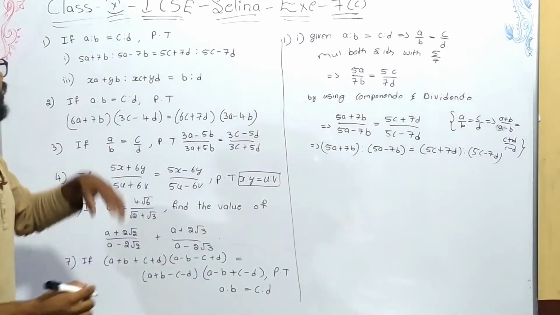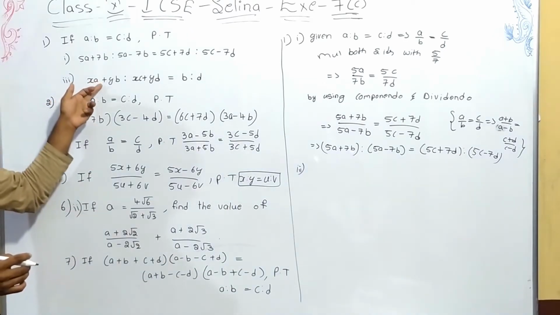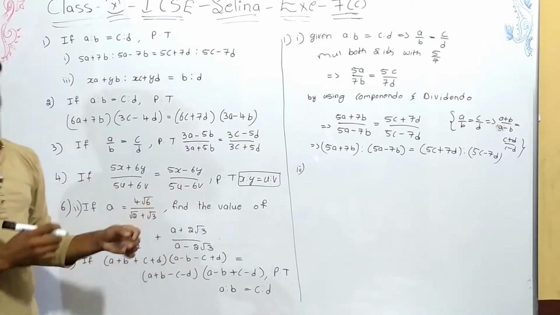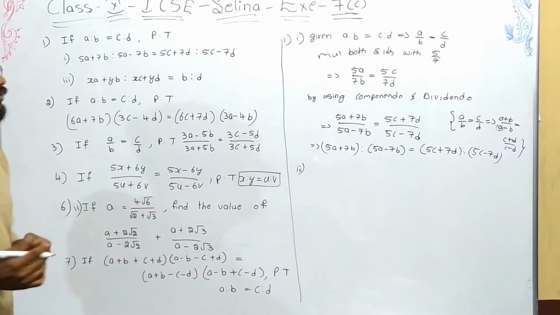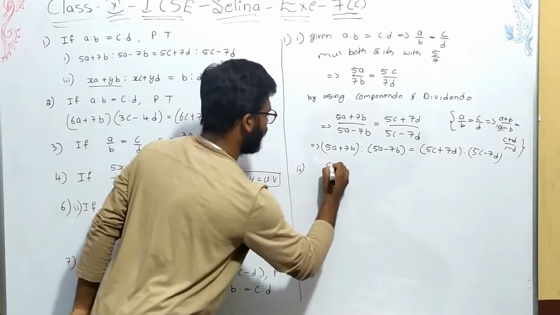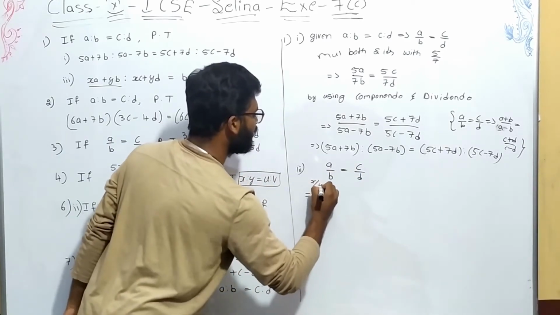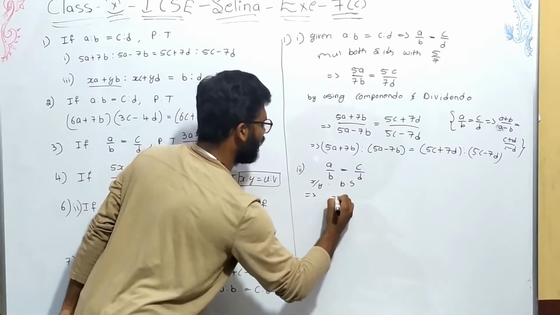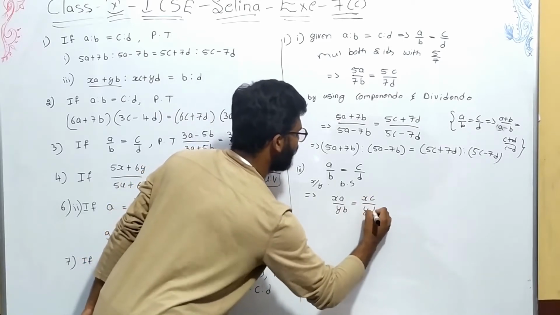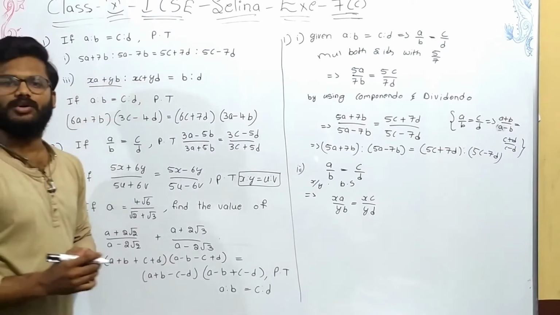In the same way, if you see the third one, they are asking XA + YB is to XC + YD. But do you have XA - YB here? No. So we only have XA + YB. First they gave A by B is equal to C by D, multiplying with X by Y on both sides, XA by YB is equal to XC by YD. But I have only plus: XA + YB, XC + YD. So which one can we use?